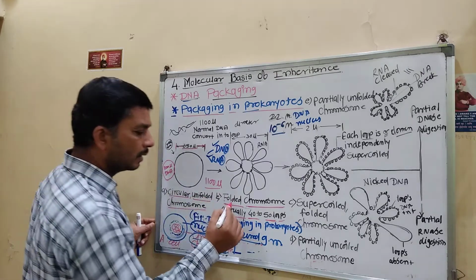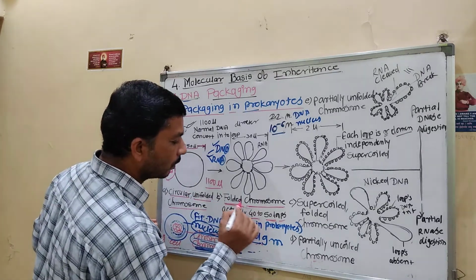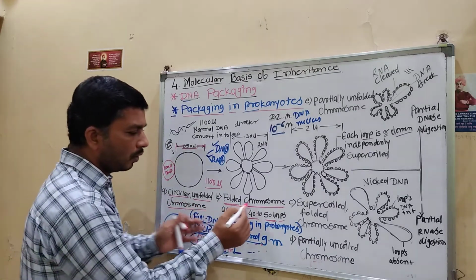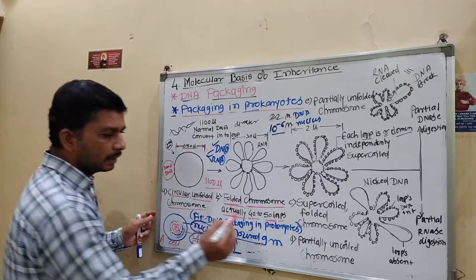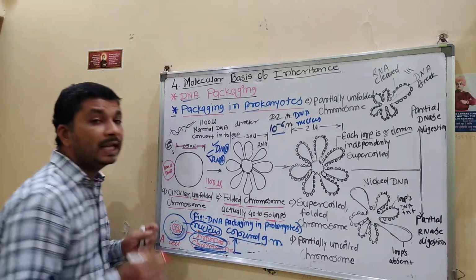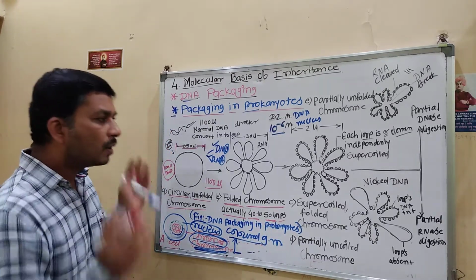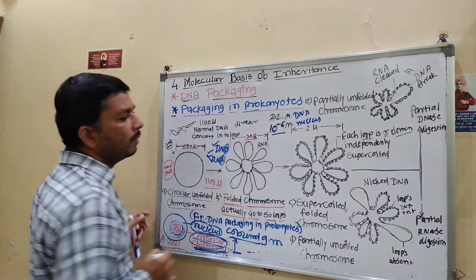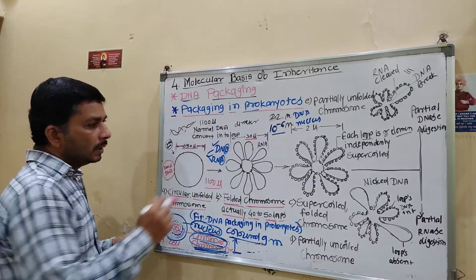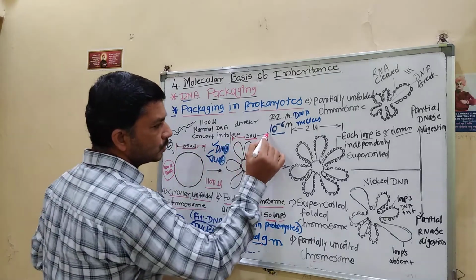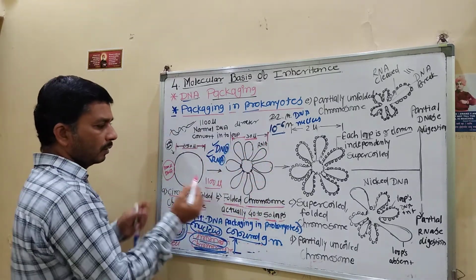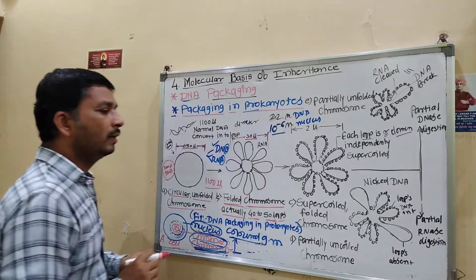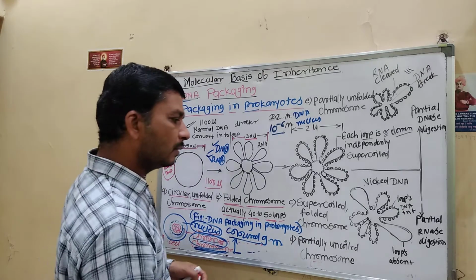For that they do folding. A number of folds are formed, the chromosomes form a number of folds and they form 40 to 50 loops there. Because of that, here there is 30 micron. The size is reduced to 30 micron here. Here we observe, then again